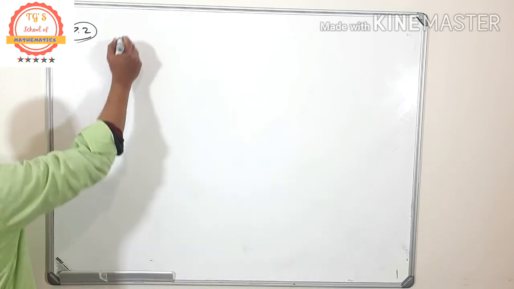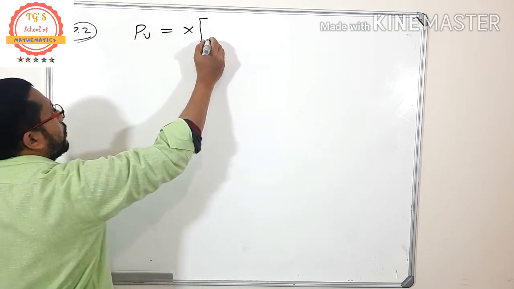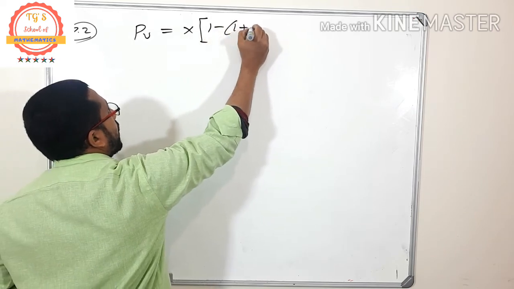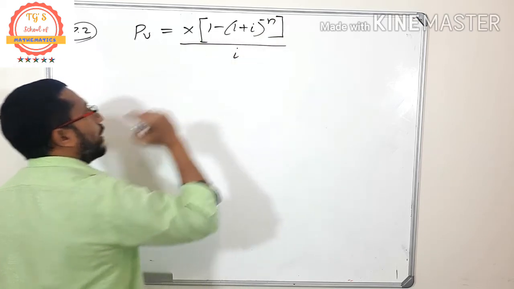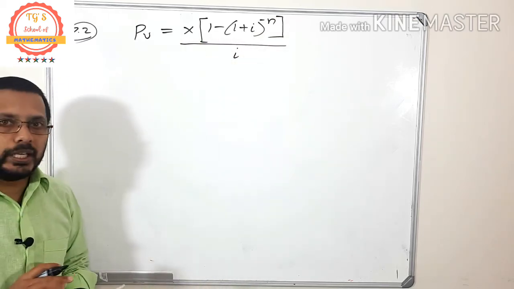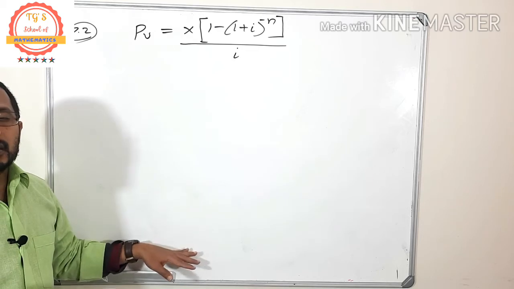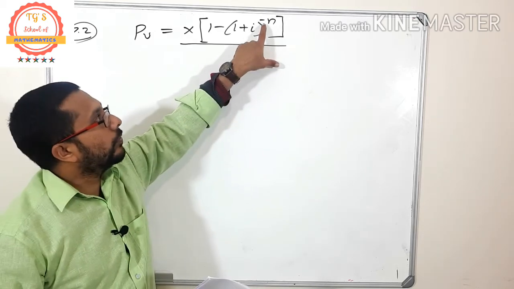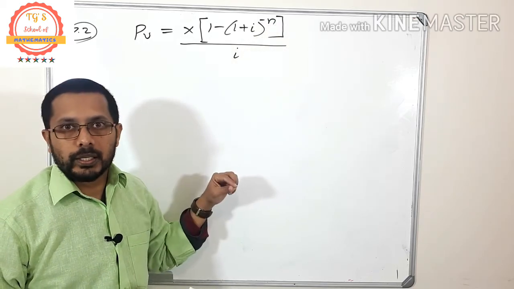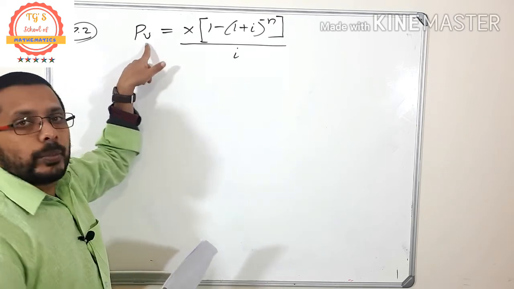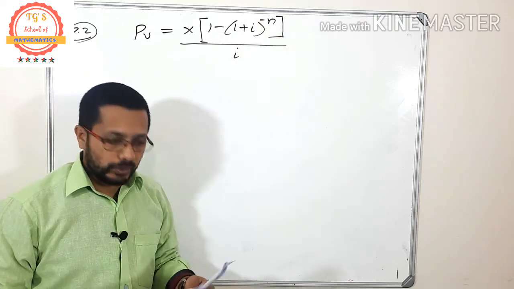So what is the formula? Present value annuity formula is x into (1 minus (1 plus i) the whole raised to minus n) the whole divided by i. You have to write this formula without any mistake. If there is any mistake in the formula, your answer is going to be wrong. Especially look at this one, here it is minus n. That's a common error that you make when you write your exam. So don't forget that when it is present value, 1 minus this one raised to minus n.